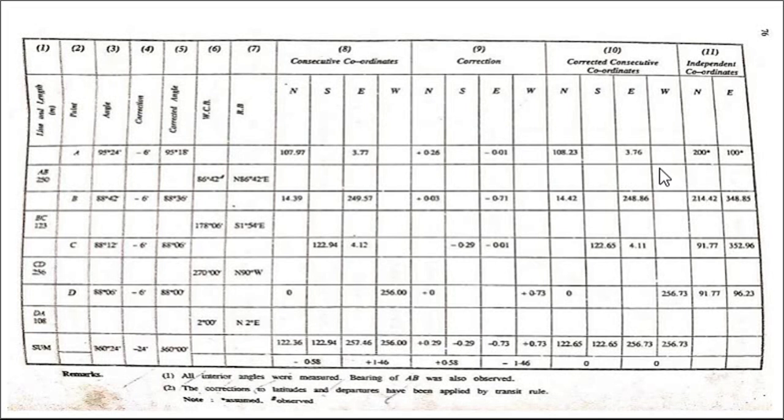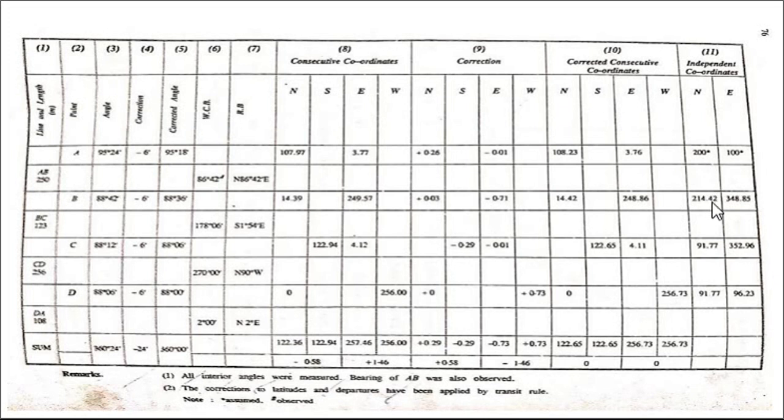Then the next most important step is that we have to choose the coordinates of the common origin. In this we have taken 200 and 100 as the north coordinate and east coordinate, so that our traverse lies in the first quadrant. Now in these common coordinates we have to add northing, we have to subtract southing, and we have to continue up to the last. Similarly in this 100 we have to add easting and subtract westing, and we have to continue like this. So we will get the independent coordinates for the traverse.